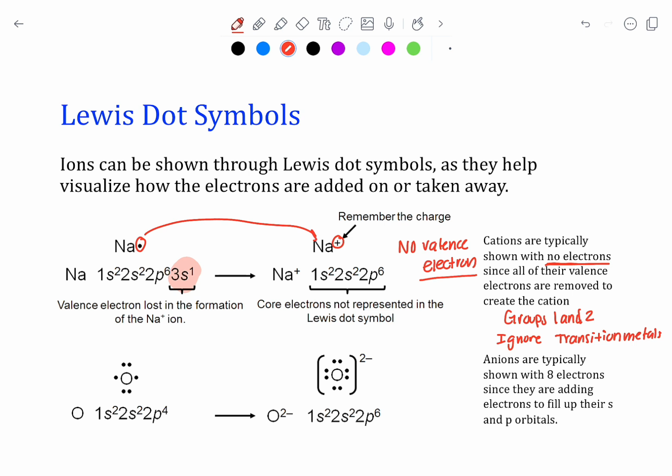So groups 1 and 2, when you show them as their ions, will have no dots around them, just like we see with sodium. On the other hand, when we're forming anions, so we'll label this as a cation and an anion, we're showing through the Lewis dot symbol that we've added electrons. I have the example of oxygen here, and oxygen, in order to form an anion, has to add 2